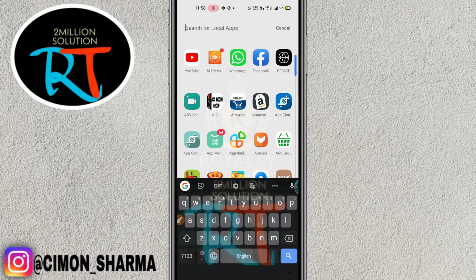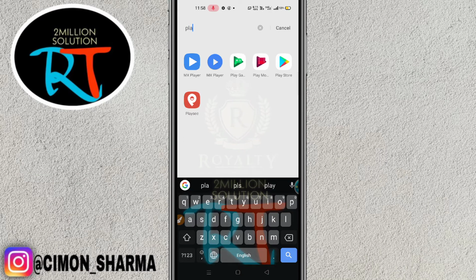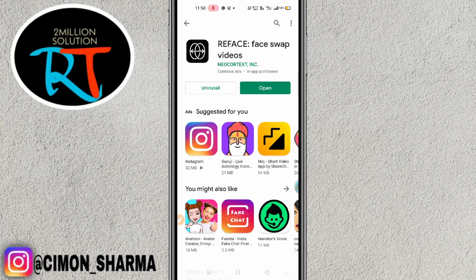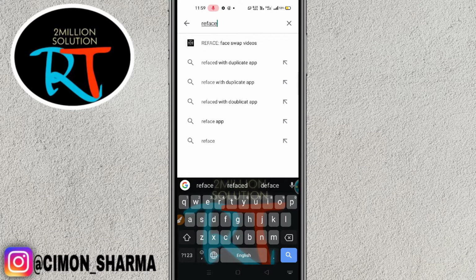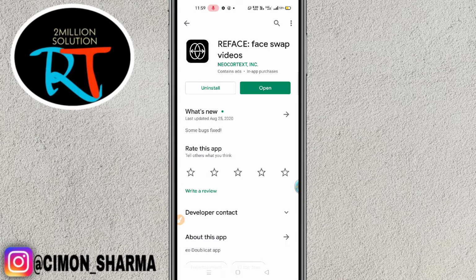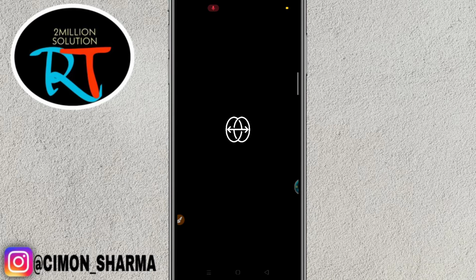So guys, what you need to do, you have to go to Play Store here, and after going to Play Store you have to download this application, that is Reface face swap application. As I have already downloaded, let me just get inside this application, click on open,